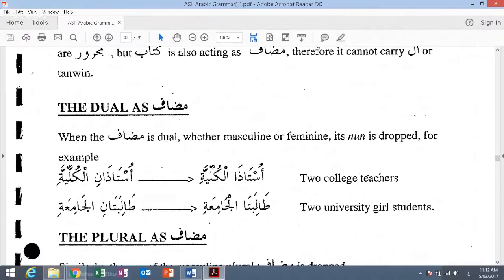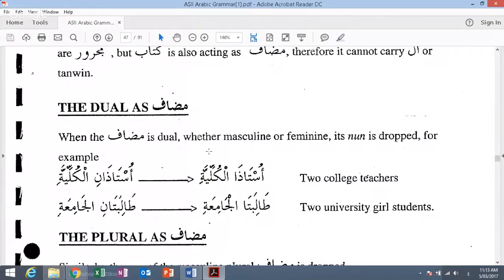Now here's some other rules about idafa. When you ascribe the tasniya, not singular, dual tasniya, and you make mudaf tasniya or you make mudaf jama muzakkar salim, you know the i'rab of tasniya: alif and nun kasra in rafi case, like rajulani, and in nasbi and jarri case, ya and nun kasra.